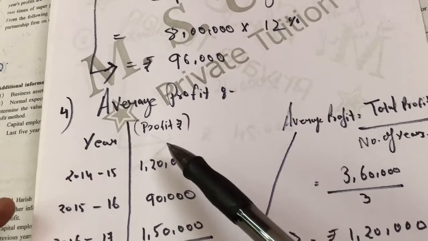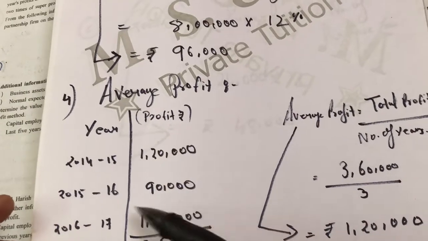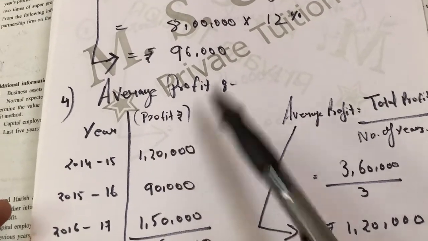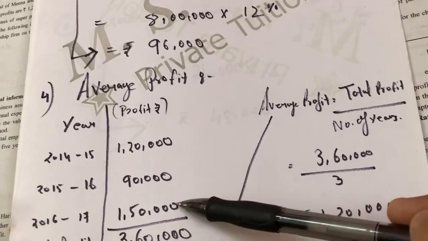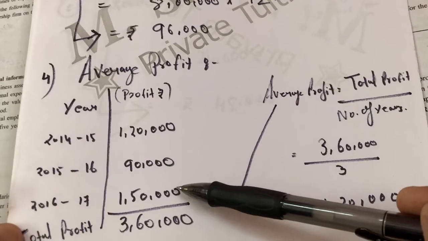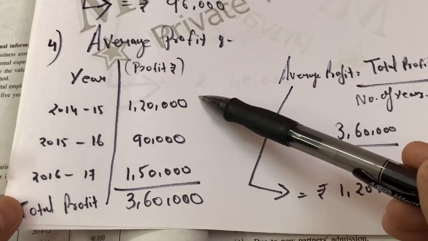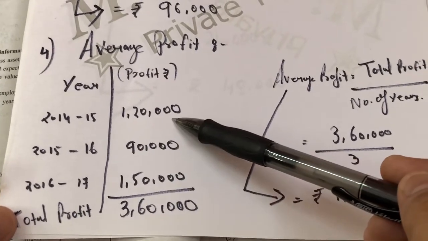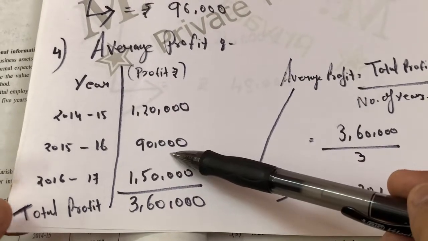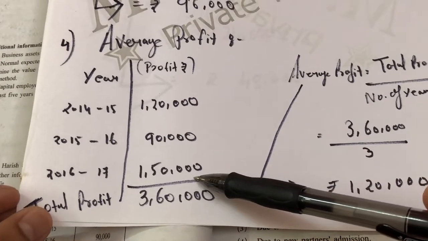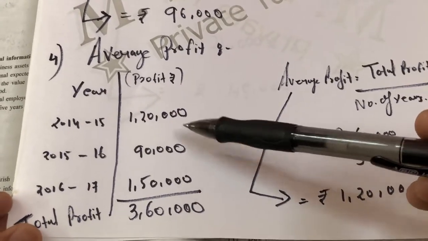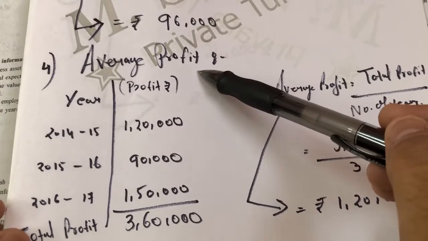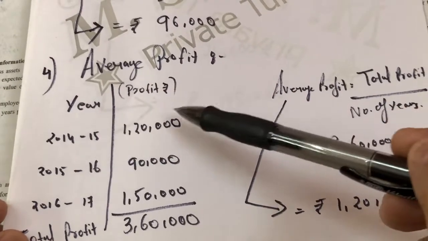So how to identify in which sum we have to use either weighted or average? So let us see the trick. If the profit is not in a sequence, means what? See, in the first year the profit is 1,20,000 and it decreased to 90,000. Again it is increasing to 1,50,000. So when the profit is not in an order, okay, then we will use compulsory average profit method. And when the profit is in increasing order, see over here